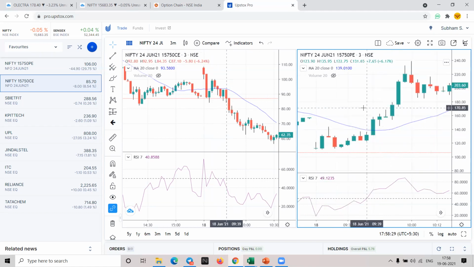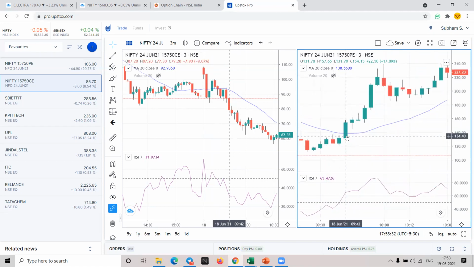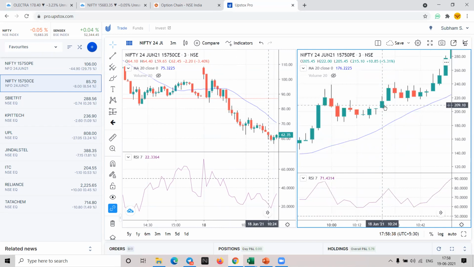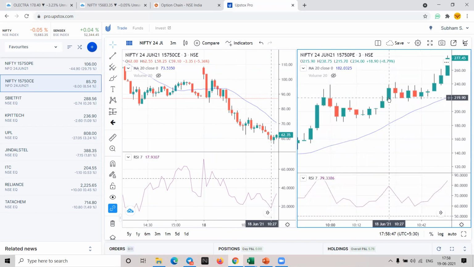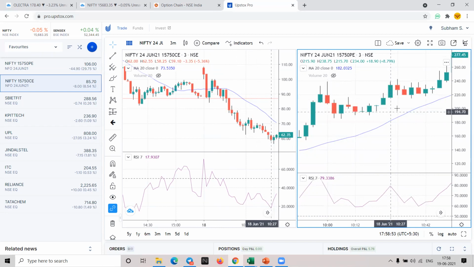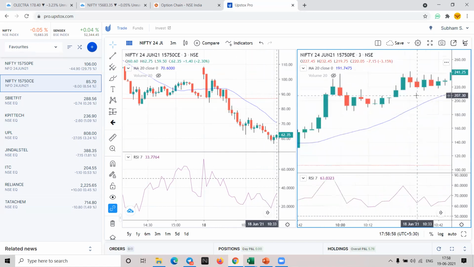There is a good candle. Moving average also is now tilting towards upside. Again, you can go for it. If you just look at here, there is a candle which has a very big shadow. This is not a candle where you take entry. This, if you look, is looking like a perfect candle. Yes or no? It is near the moving average, and the trend is upward. RSI value of this is around 70, above 50.